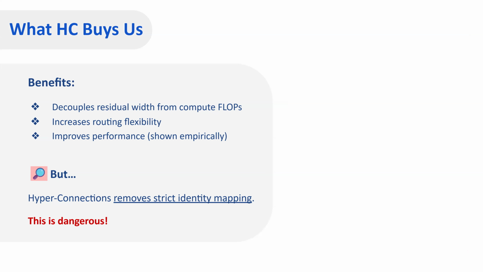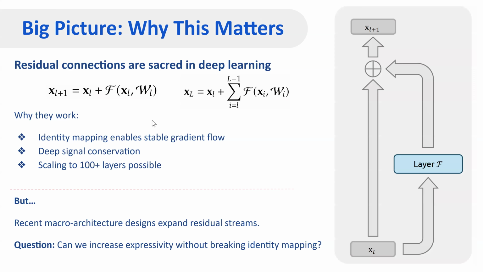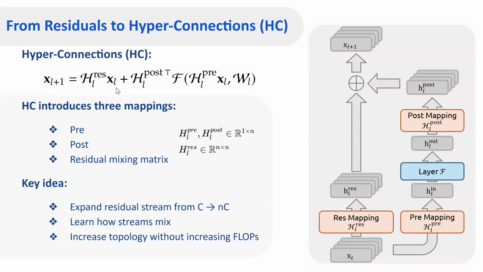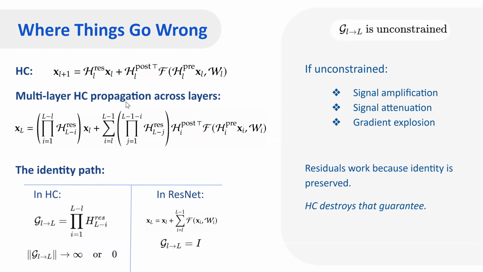If I show you here, we have identity mapping. If this part becomes 0 after like 100 layers, the input signal and the input signal to the last layer are the same. But here we don't have something like that, because we have a coefficient before the input layer, so it could make a problem. So let's see where these things could go wrong.